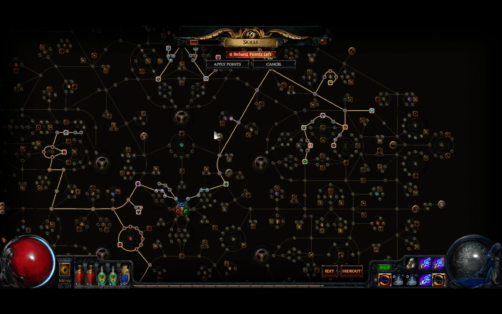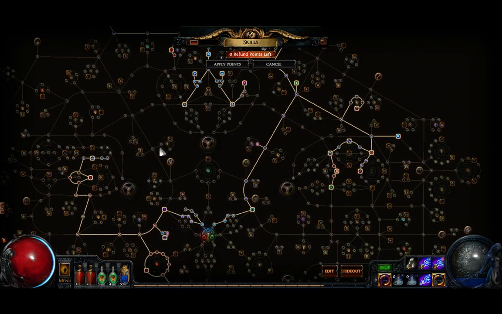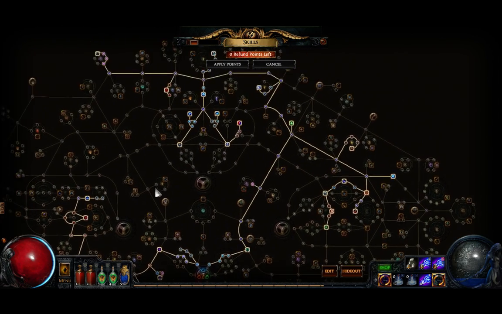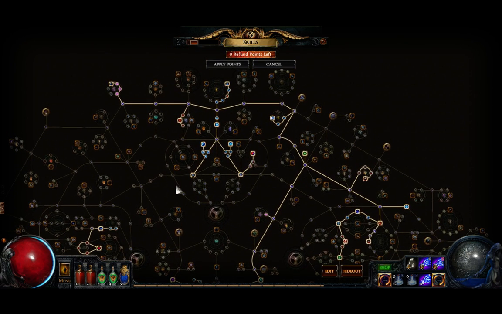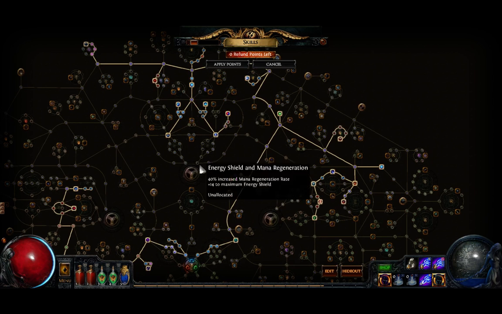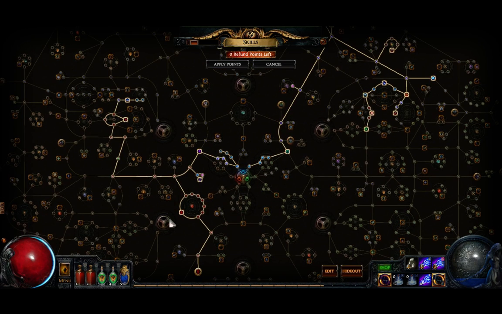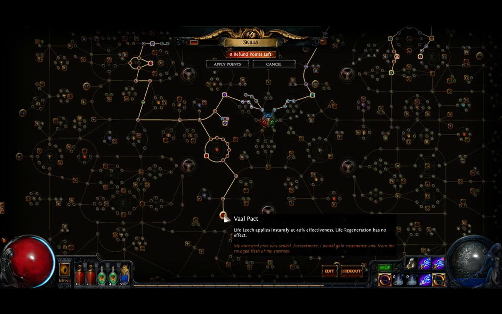The other nodes you have to take, but they don't do that much for this build. It's cast speed for curses, you don't cast it yourself, it's just cast via attack. And that's pretty much it until like level 80 something. And so the rest is life nodes, life nodes, life nodes, life nodes, whole life wheel, and most important, Vaal Pact